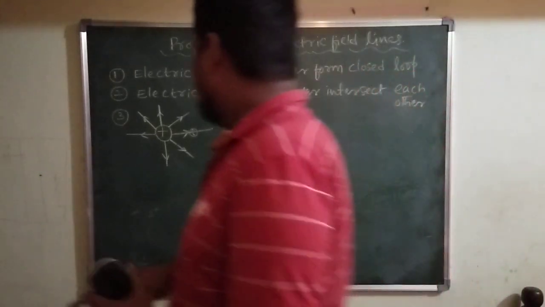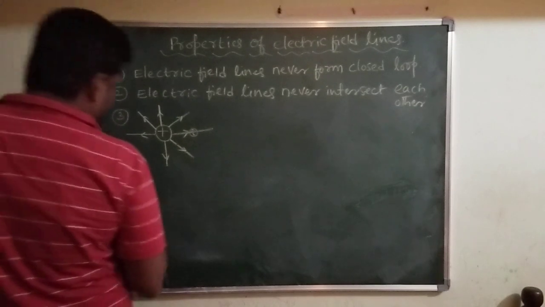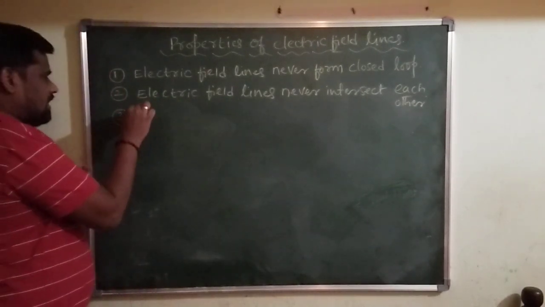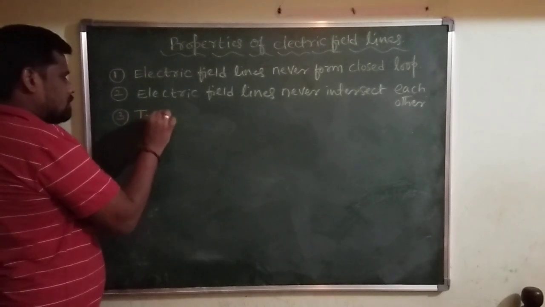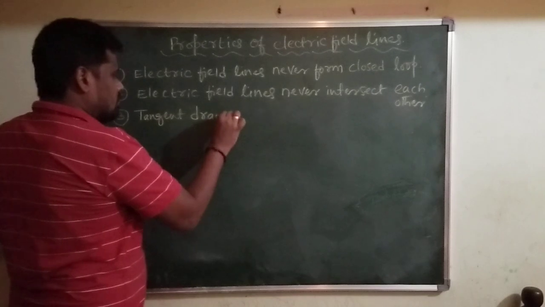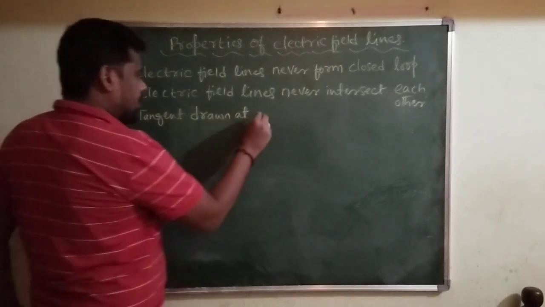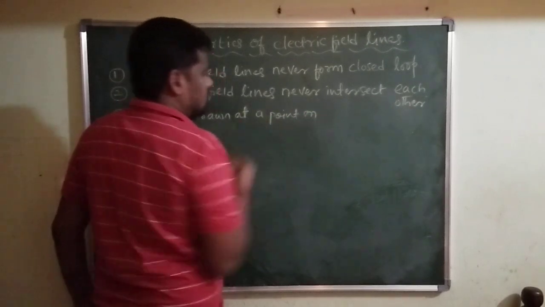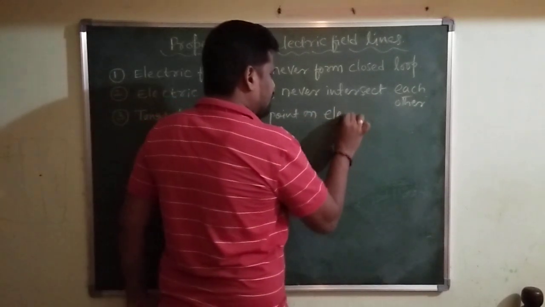That can be done with the help of the third property. According to the third property, a tangent drawn at a point on an electric field line